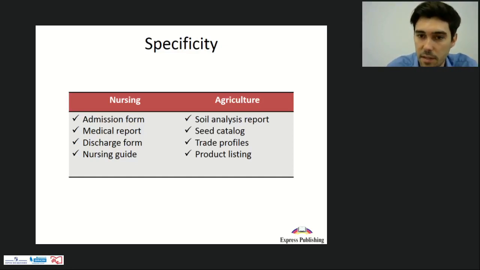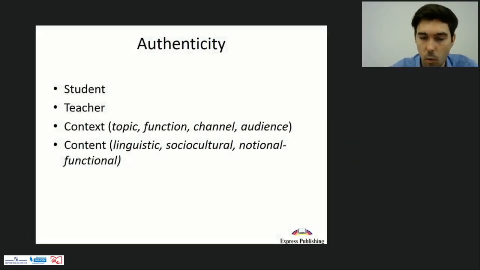So this is where specificity comes into play, and it's important for employability skills, as it really gives the learners this specific knowledge and skills that they're going to be using later on in their professional development. So having looked at specificity, we should also look at authenticity. As I mentioned before, authenticity in ESP courses is all about providing learners with enough realistic experience and enough realistic